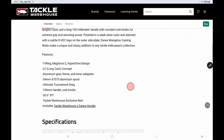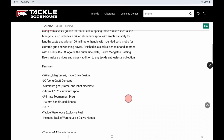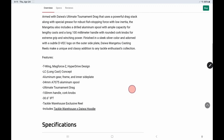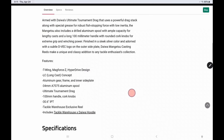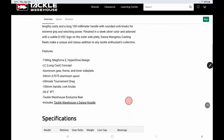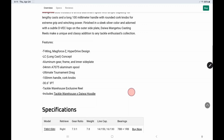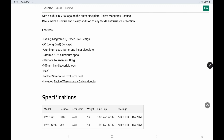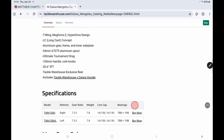So features T-Wing, MagForce Z, hyperdrive design, long cast concept, aluminum gear frame and inner side plate, 34mm A7075 spool, ultimate tournament drag, 100mm handle with cork knobs, 30.6 inches per turn, Tackle Warehouse exclusive reel, and